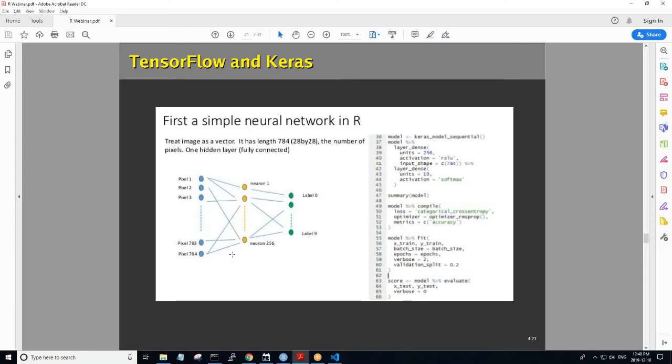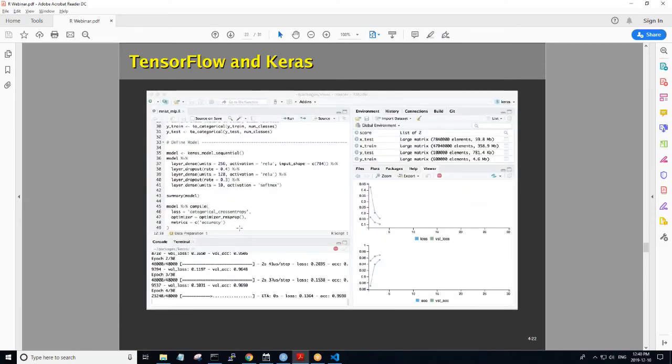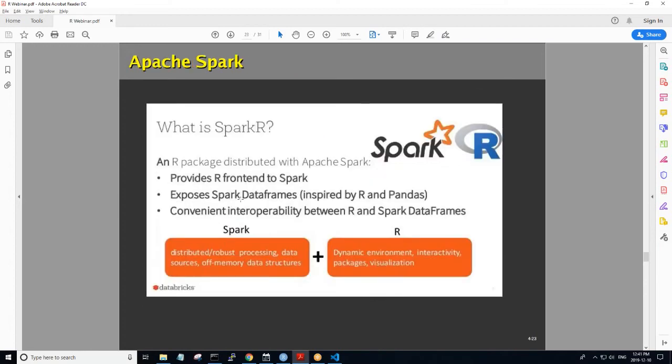In this particular case, this R code is actually going and building a simple neural network in TensorFlow through the Keras interface. So if we are a data scientist, we don't have to learn a new programming language. If we want to do some kind of machine learning modeling, we can access something like TensorFlow directly from an R interface. Here's another example of using TensorFlow in RStudio to actually build a machine learning model, where we're actually training our model and utilizing the power of TensorFlow.